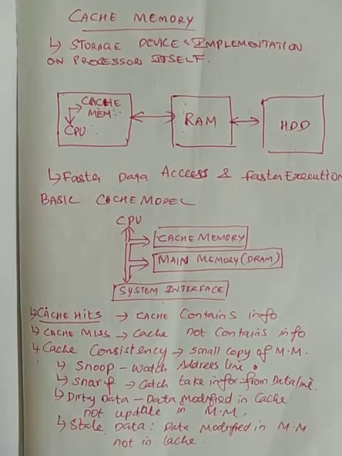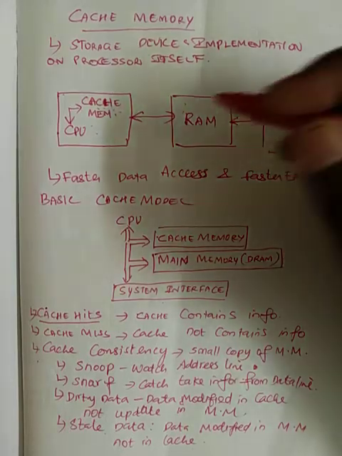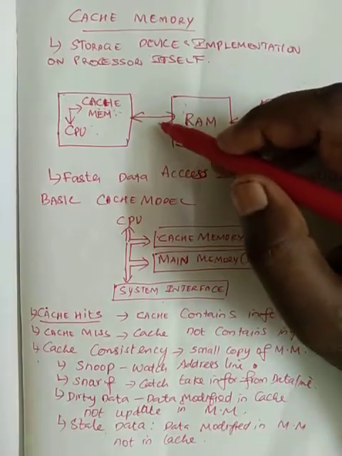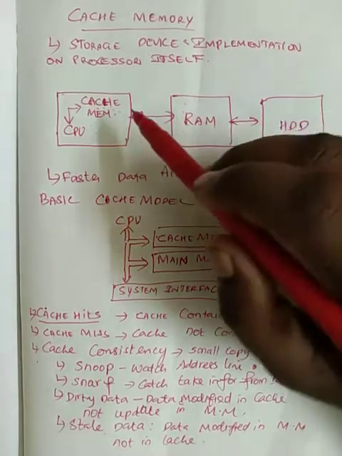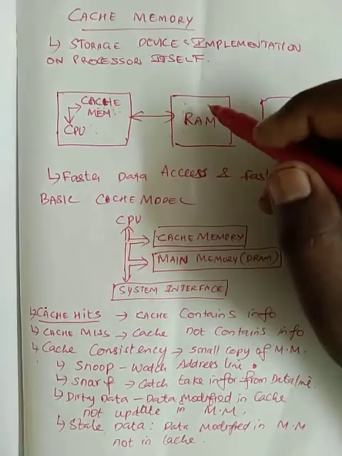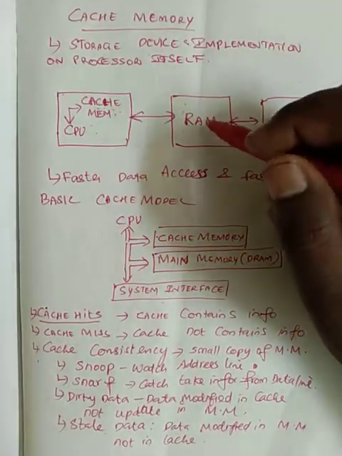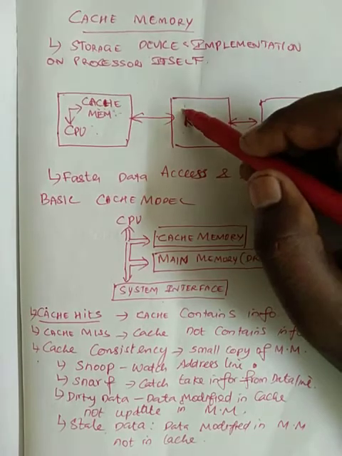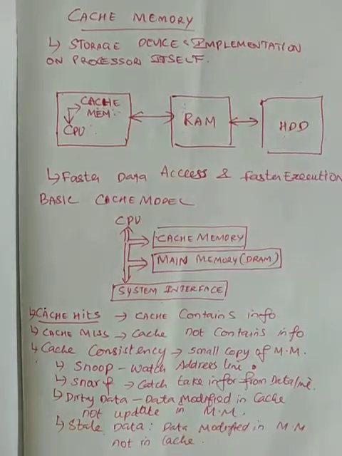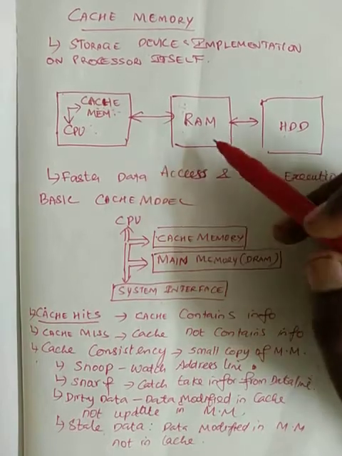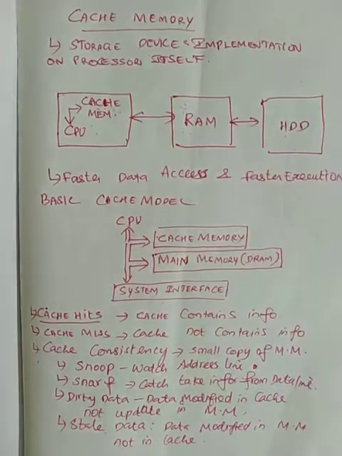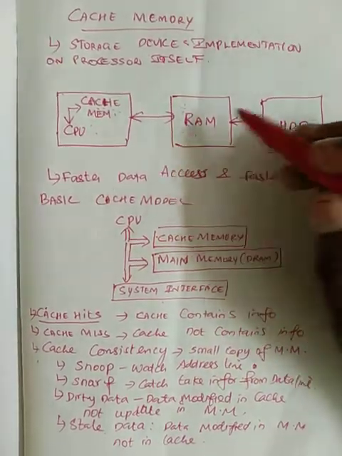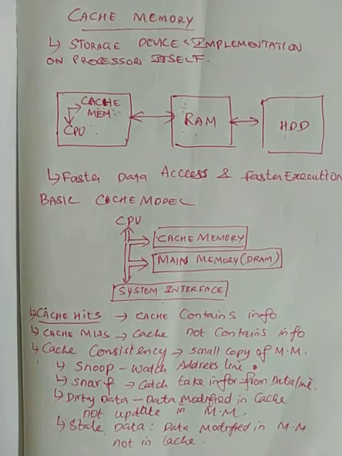What is called stale data? Now in a multi-processor system, a CPU may be using some data from cache memory and also from RAM. For example, as I said, a small copy of the RAM is nothing but cache memory. Now some CPU modifies data at a particular location which is also present in cache memory. The modification happens in RAM but is not updated in cache memory, then it is said to be stale data.